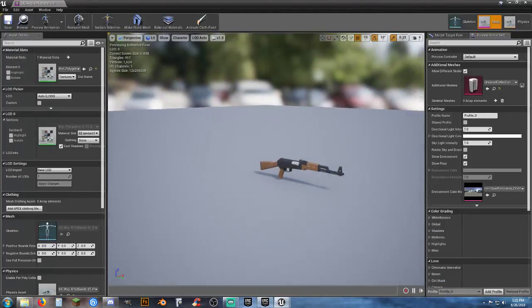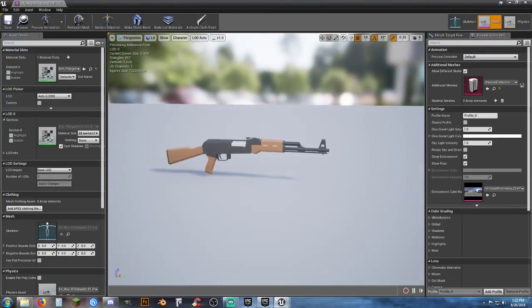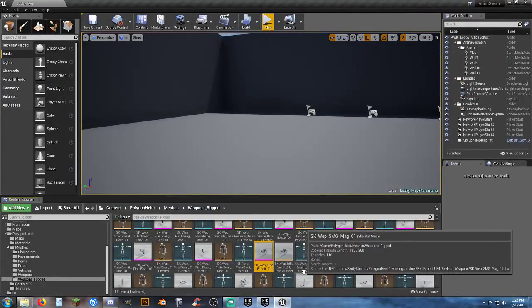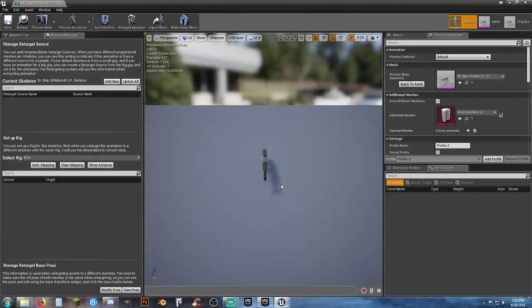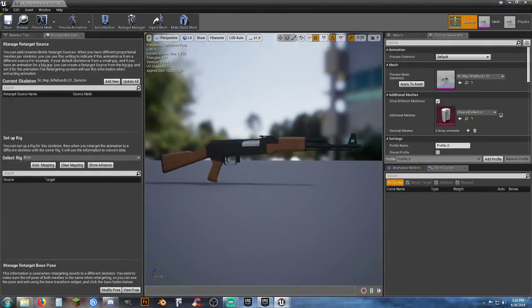And you'll notice that this is just the skeleton mesh for it. There's no magazine, and that can be a problem. So what we need to do is add the magazine, add the scope, add a silencer just because, maybe a vertical grip, flashlight. Let's put all the goodies on there. So let's go to our skeleton for it. And if you want to add those items to your weapons, then